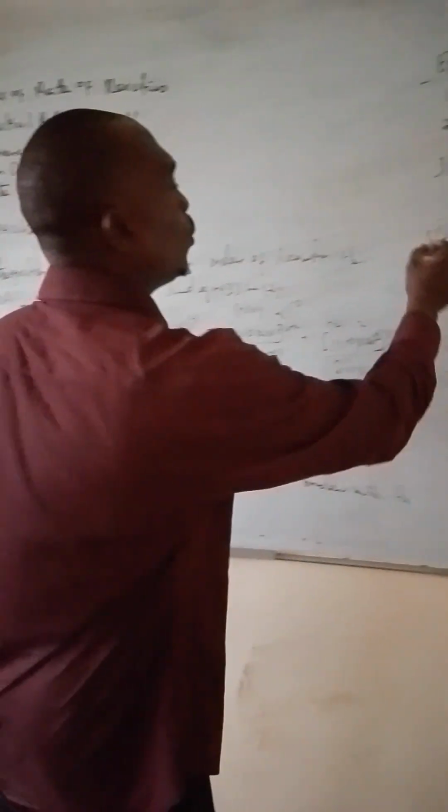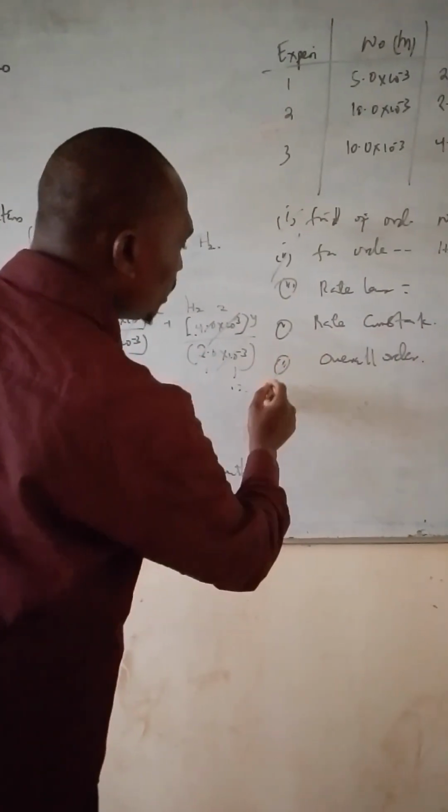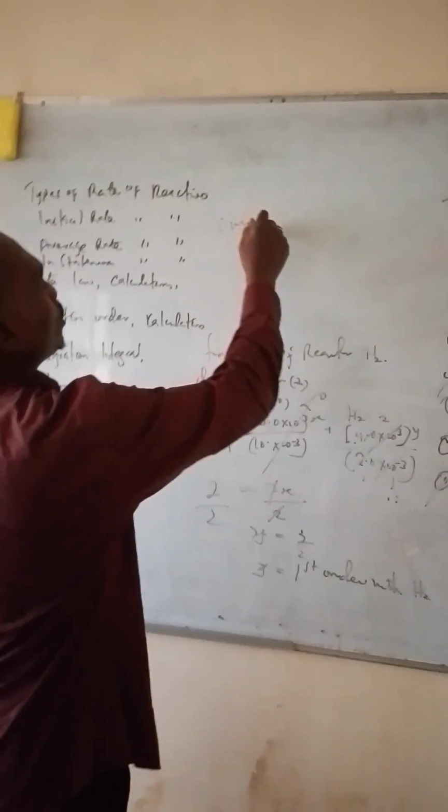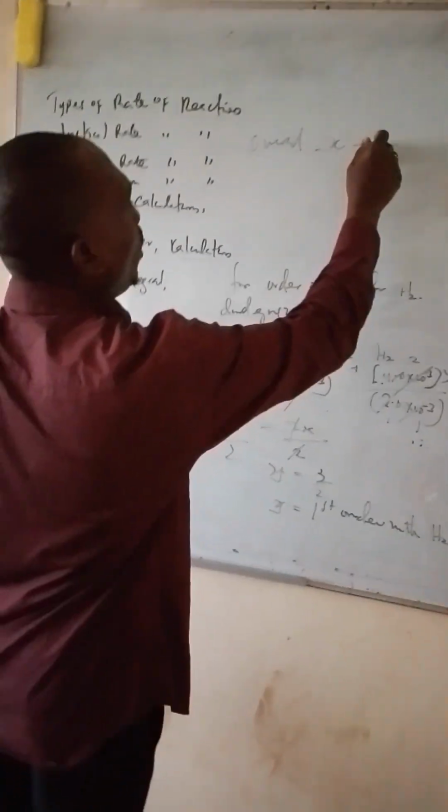I think I've solved question 1, I've solved question 2. Let's solve the last question here, which is the overall order. Overall order is your x plus y and your